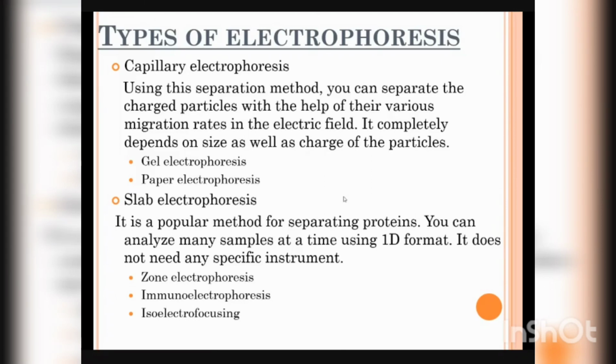Slab electrophoresis. The next type of electrophoresis is slab electrophoresis. It is a popular method for separating proteins. We can use this method to analyze many samples at a time using a one-dimensional format. This method does not use any specific instrument like in capillary electrophoresis. We use so many instruments there, but in slab electrophoresis, we don't need to use a specific instrument. Slab electrophoresis is further divided into three types: zone electrophoresis, immunoelectrophoresis, and